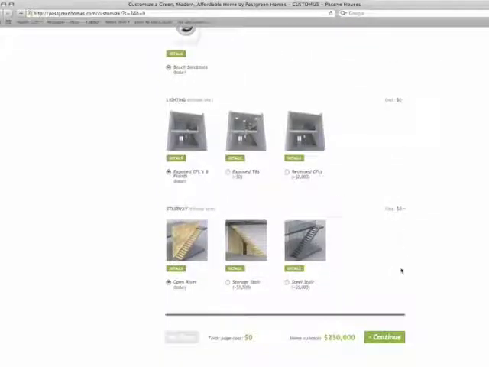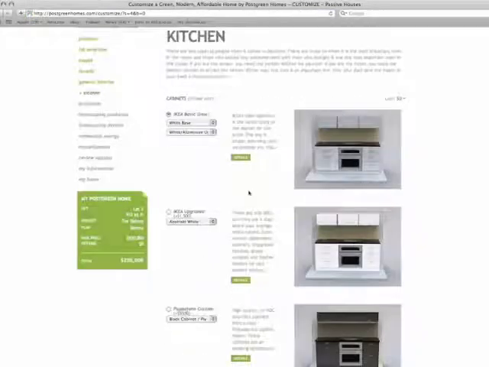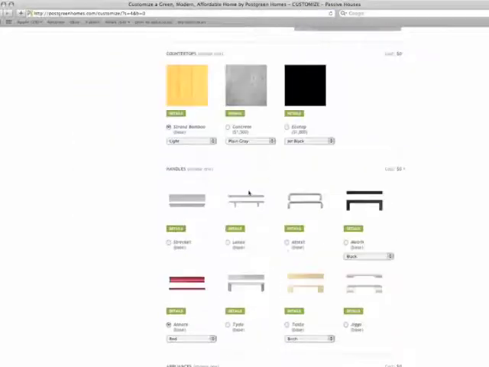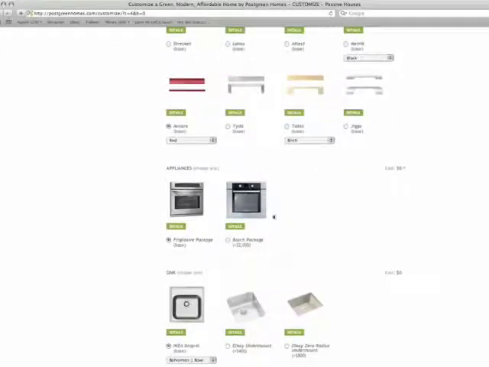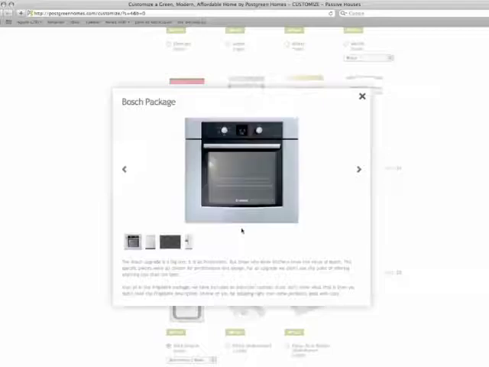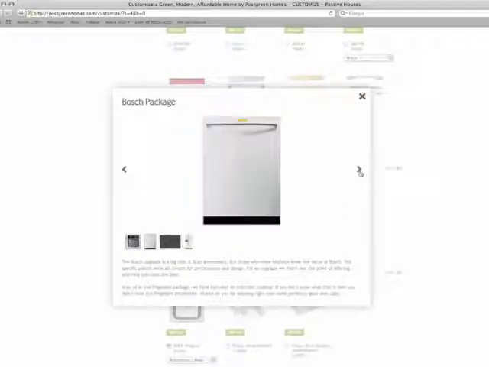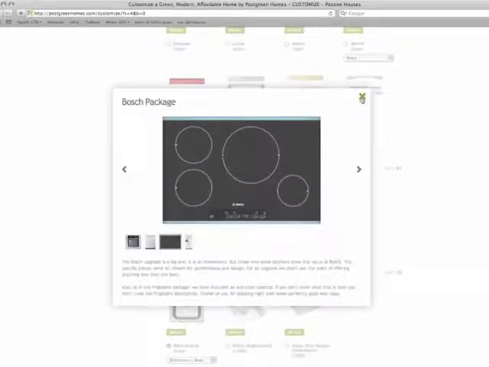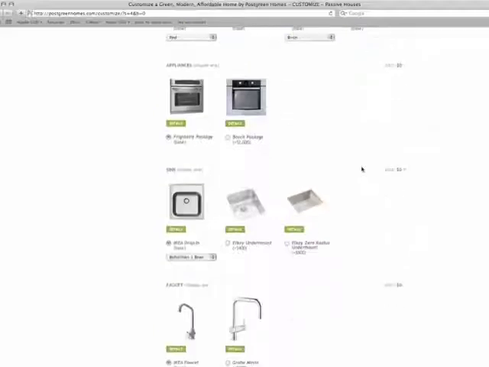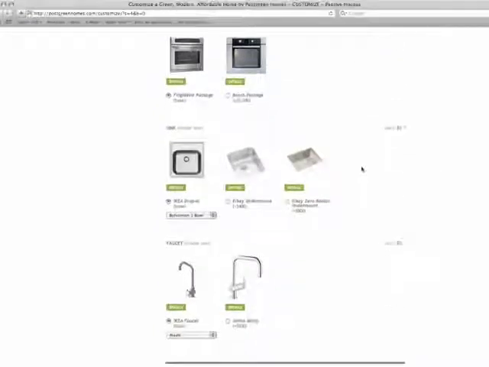So once you've made your choices on all those, you'll hit continue, and you'll move on to the kitchen, where you can choose cabinets, countertops, different handles, appliance packages. And you'll notice as we go through here, there's a details button with each product that brings up a little bit more information and also brings up some images so you can see what the product you're getting into looks like. Now as we continue to scroll down, you can see we also offer options for sinks and faucets in